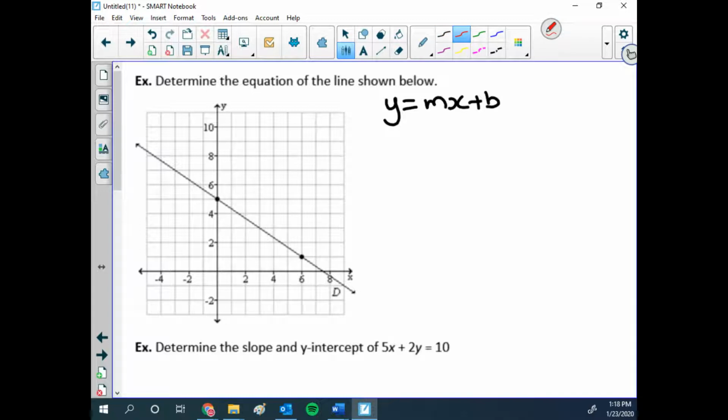So the m of this is going to be the rise of 1, 2, 3, 4 over the run of 1, 2, 3, 4, 5, 6. Is that right? Over 6. Is that the right slope? Why not? Negative. So that's actually going to be equal to -2/3. We always want our slope in lowest form. So -2/3